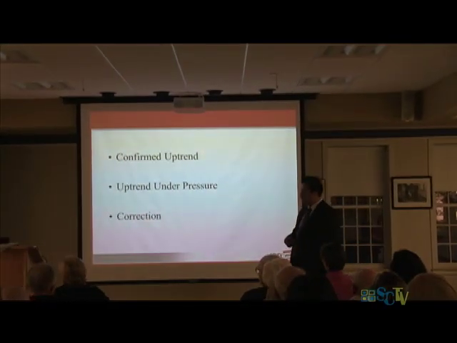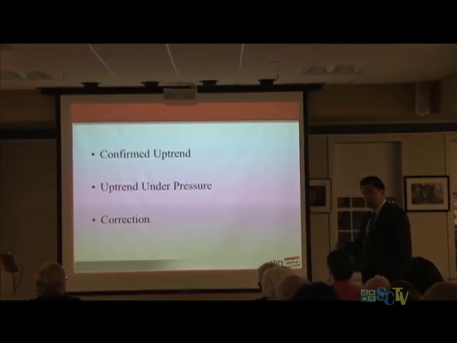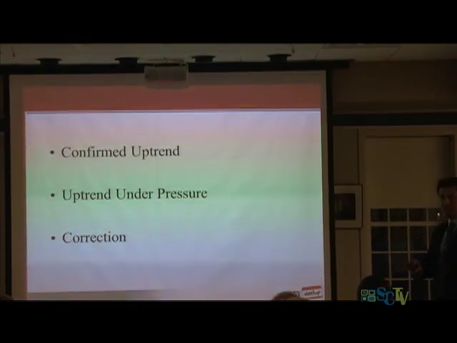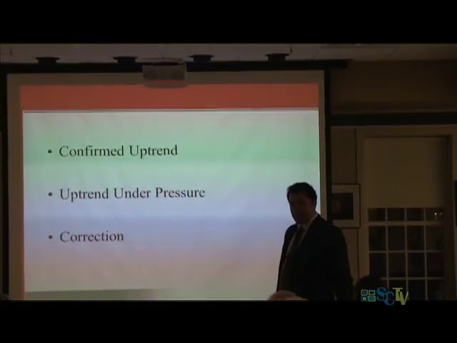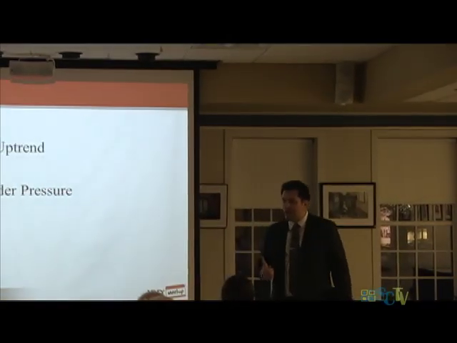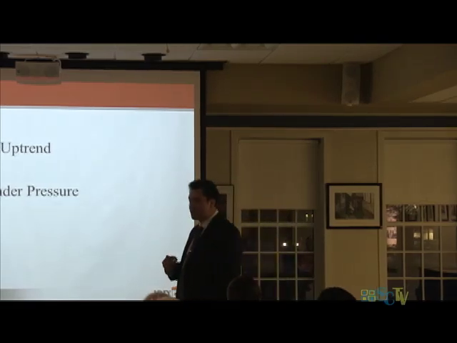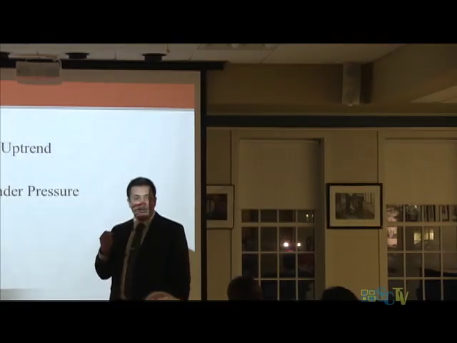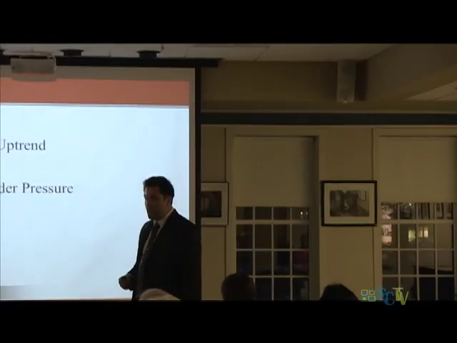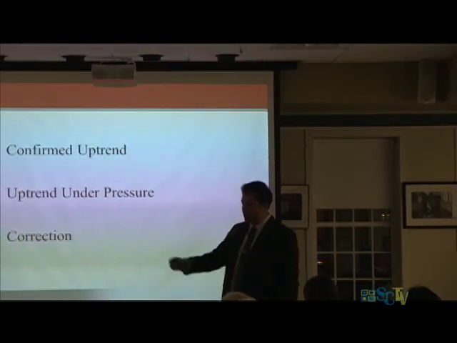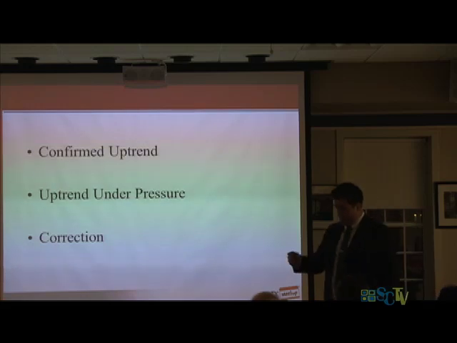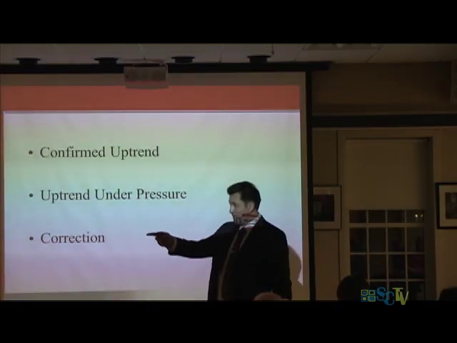So you're much better off viewing the market in these terms. Confirmed uptrend, under pressure, and correction. And by the way, when I say the market, I'm going to use the word the market a lot. I'm talking about 3 indexes. The S&P 500, the NASDAQ, and the NYSE composite. For us, those 3 indexes are the most accurate barometers to determine the overall health of the stock market. Okay? And there's a lot of other things. There's a lot of secondary indicators that you can use. Some people like to use the Russell 2000. There's all kinds of the financial advisor's sentiment indicator.